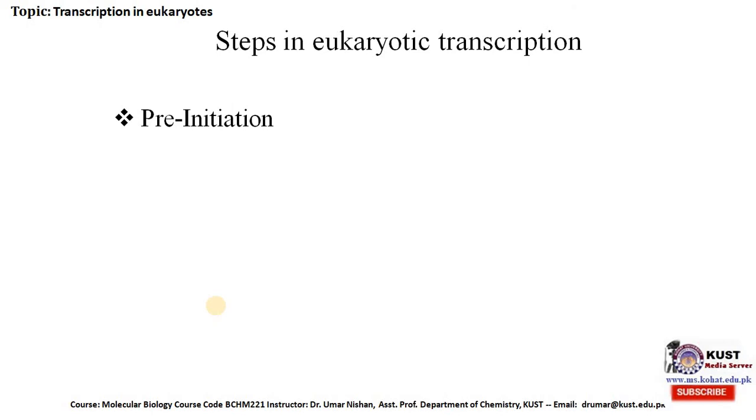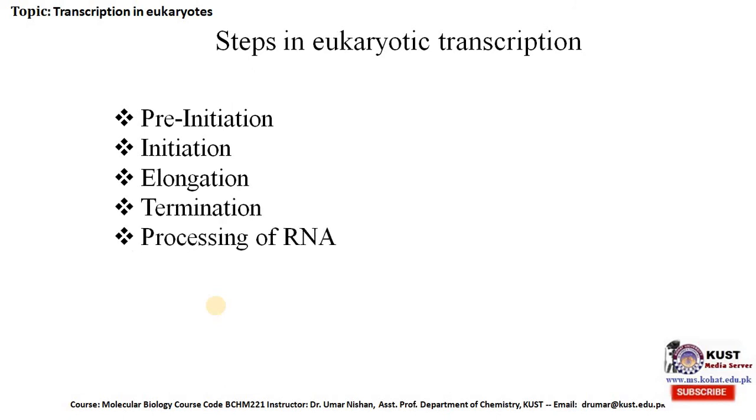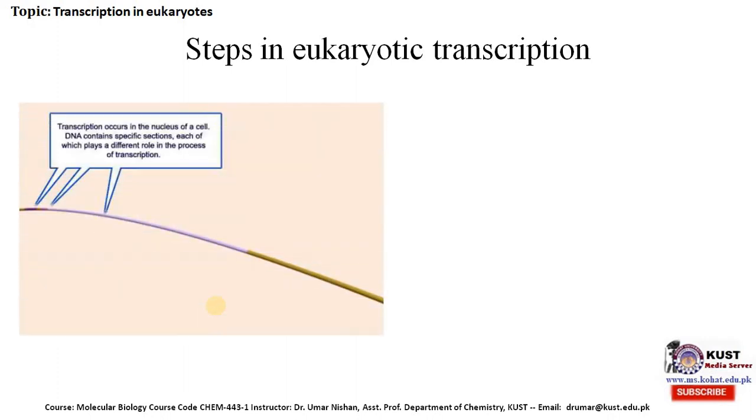So like prokaryotes, we have the processes of initiation, elongation, and termination, but in eukaryotes there are slight details which are more advanced as compared to that of prokaryotes. So they include pre-initiation, initiation, elongation, termination, and then processing of RNA that we call post-transcriptional processing. So these are the steps. Now we talk about them